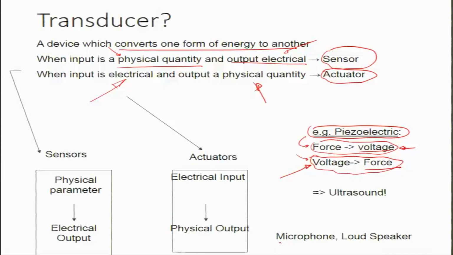Other examples could be a microphone or loudspeaker, which convert the voice of a particular speaker into electrical signals on one end, and in the case of a loudspeaker, vice versa, that is, the electrical signal, which is much more amplified in between, eventually becomes a very loud sound which is audible to a lot of people. So, in one case this acts more like an actuator, where the microphone acts as a